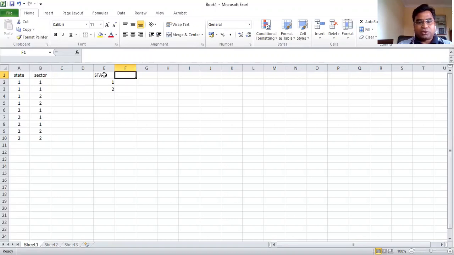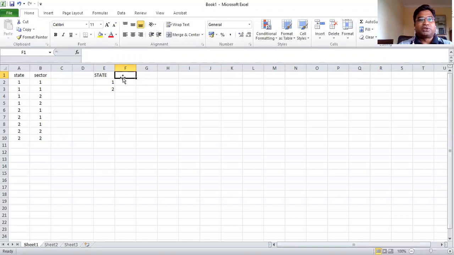rural urban variable? If you want to find that out, you have to get into your layout file. If you get into the layout file, you will see that v17a we have extracted in that manner. So v17a is our state name, state code, and V16 is our sector code, that is rural or urban. So if you go through all the labels, you will find this V17A and V16. So we will choose a household file which is level 2. We'll come back to that part in a moment.